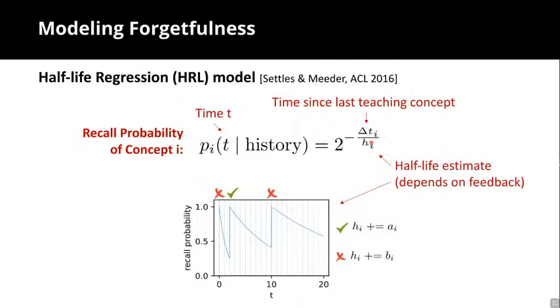We can fit it for a particular group. Every different group, for different i, has a different h_i. And this t_i shows the time difference since the last time we showed the same word. In this simple illustration, for one concept, if we show it at timestamp 0, the probability of being correctly recalled decays by half at timestamp 1, and then decays further until the next time we show it. Whether the learner answered correctly or incorrectly, depending on feedback, we adjust the half-life regression curve.